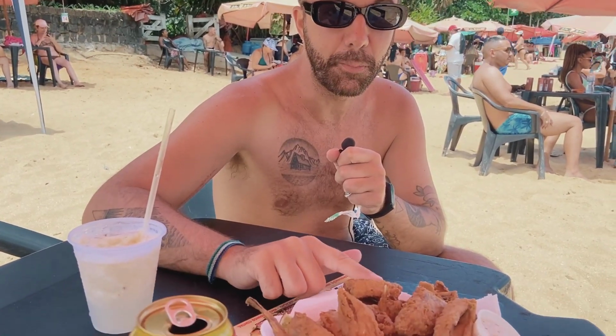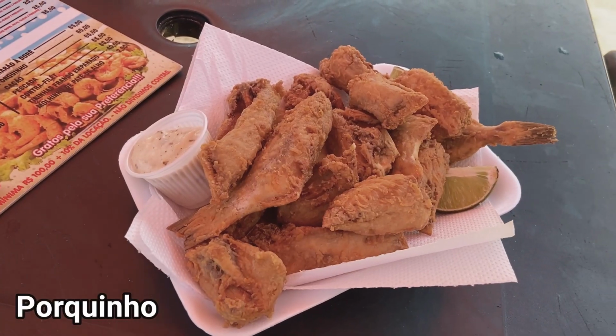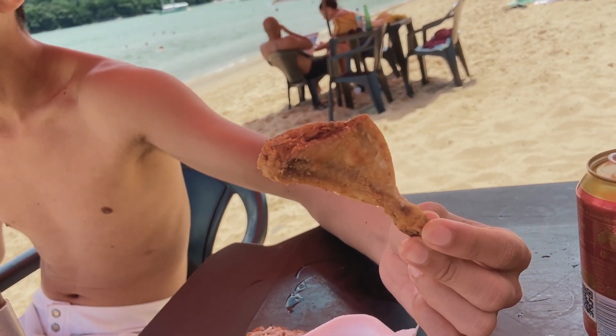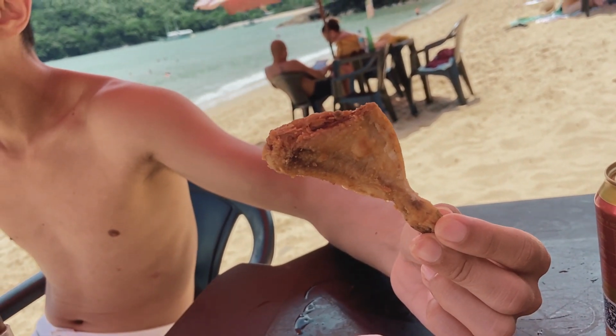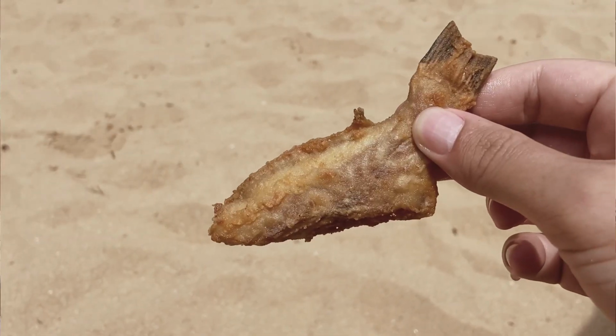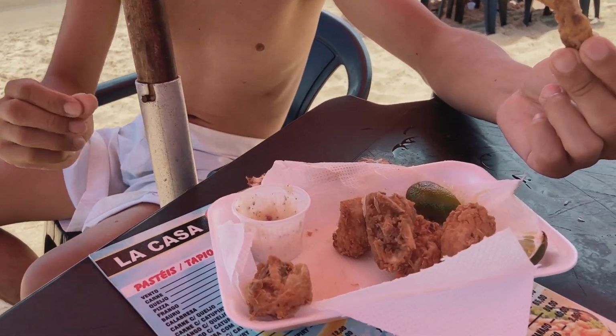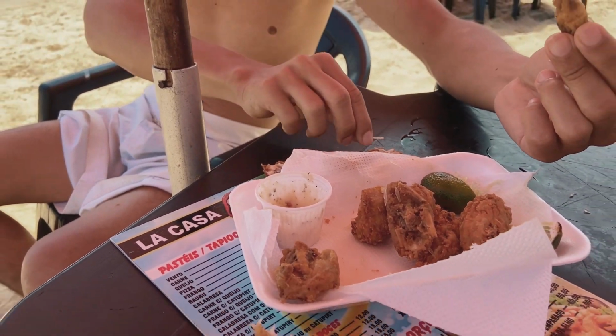This is something called porquinho, which is fish, obviously, fried fish. But porquinho actually means little pig, so we're not sure why it has that name. We're about to see what it tastes like. Never had porquinho before, so let's do this. It's funny because you could still see the format of the fish here when you grab it. And I must say, this fish is delicious, but I just don't like all the work that eating fish involves